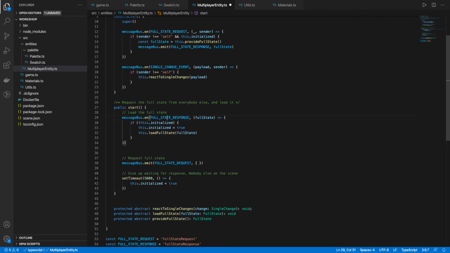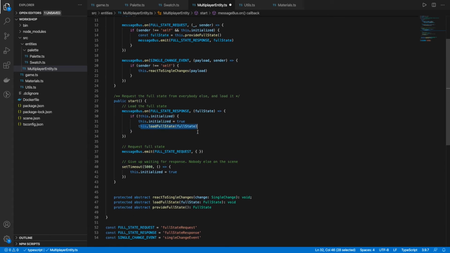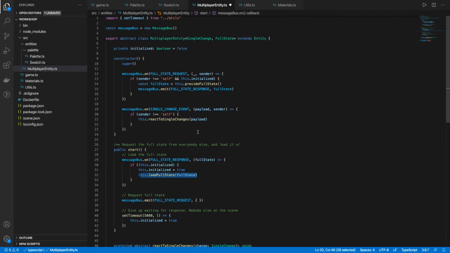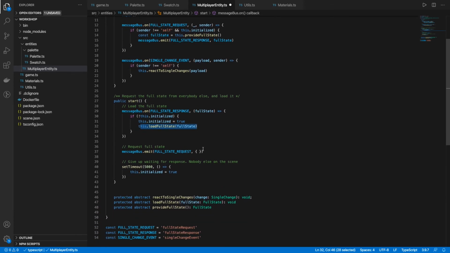Load the full state. Does this make sense? I'm waiting for the response, and when I hear it, if I'm still not initialized, then I'm going to just load it. I think this is already pretty good. One thing we need to take into account is this particular